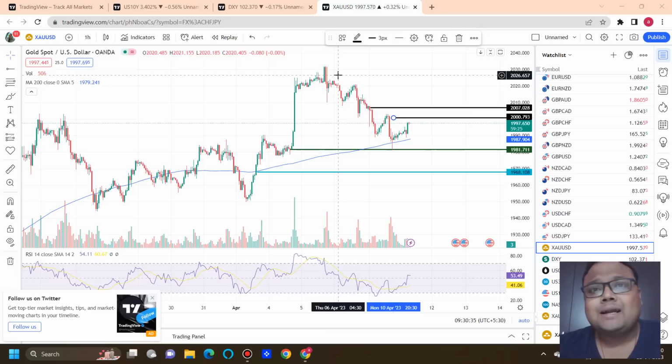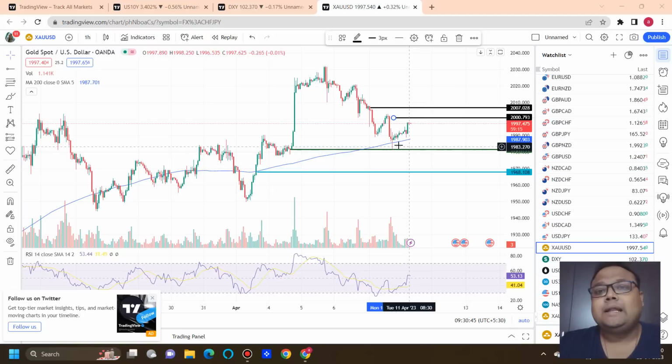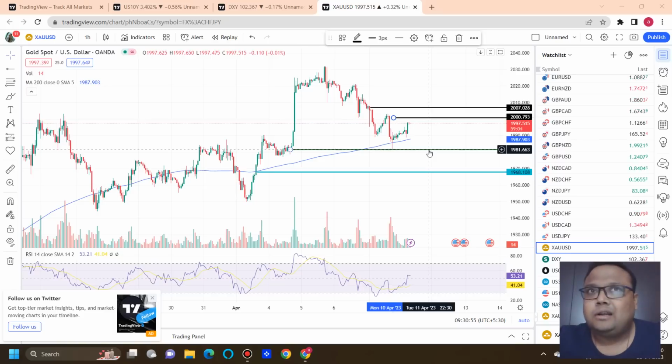But the market is forming lower lows and lower highs. This is the present structure of the market. But as the market has been continuing this structure for the last couple of days, this time we are hoping that the market may take support at the 1981 level. If the market doesn't listen to us, does not take support around 1981 and breaks the level, you can also look for a quick sell for 30, 40 pips, not more than that.